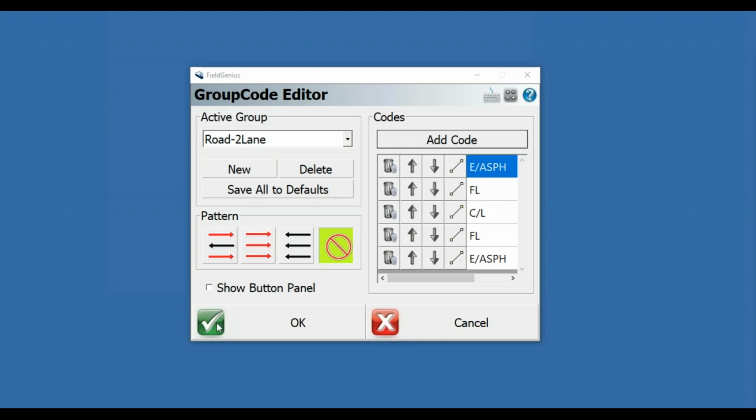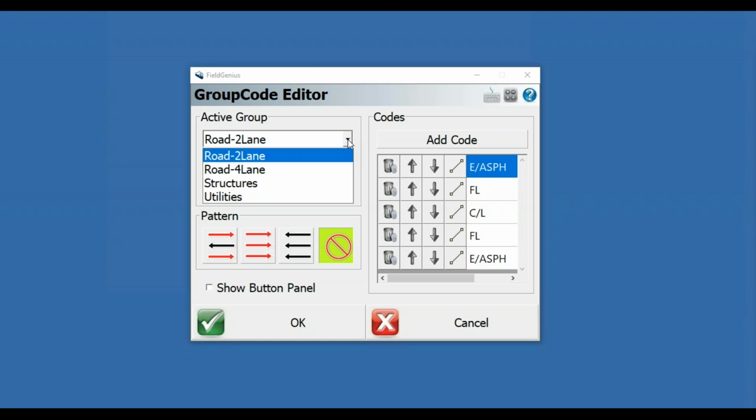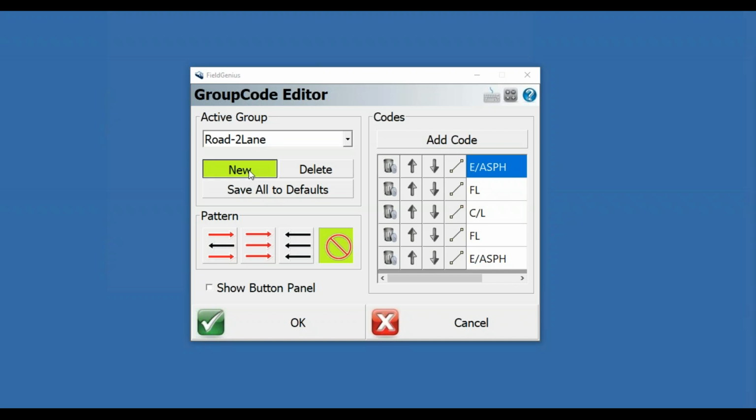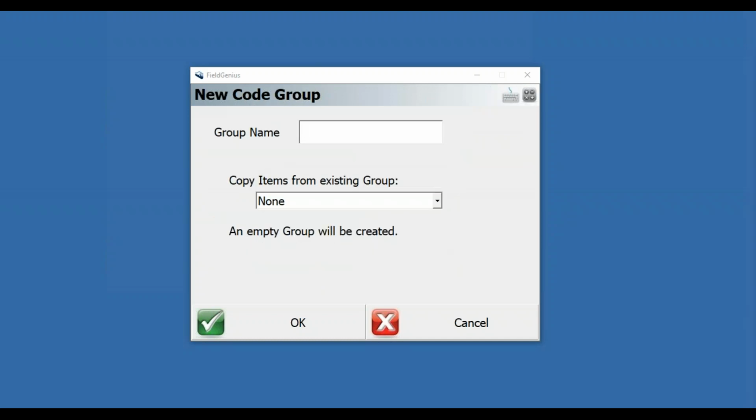So what I wanted to start with is you have active group codes, you have a list. So we give a default list where we set up some group codes for 2-lane, 4-lane road structures, utilities. So we've got some defaults in there already that you can choose if you'd like. And you can also create a new group code, in this case,